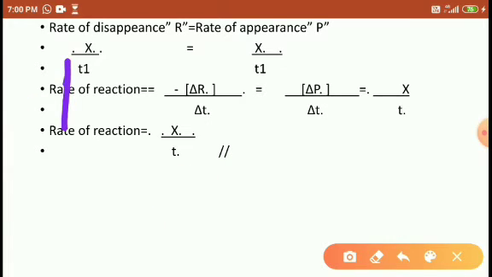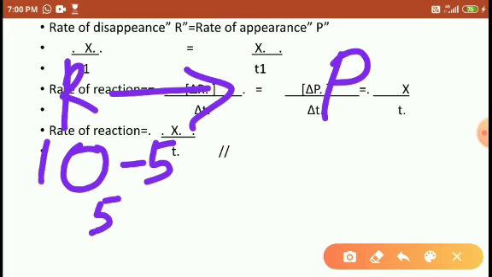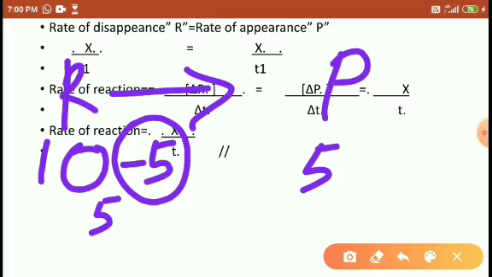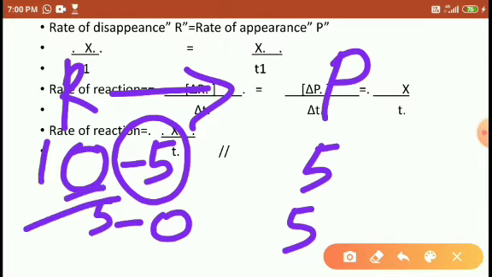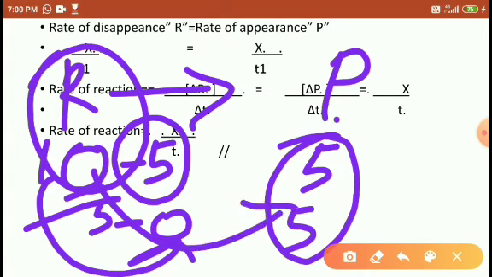If I take the reactant R turning into product P, here I am using 10 moles. Of the 10 moles, 5 moles are decreased here. How many are left? 5 moles are left. These 5 decreased moles turn into product. After some time, the remaining 5 moles also turn into product. So the 10 moles of reactant turn into 0, and 0 moles of product turn into 10 moles. Whatever concentration of reactants is decreased, that concentration turns into product form.